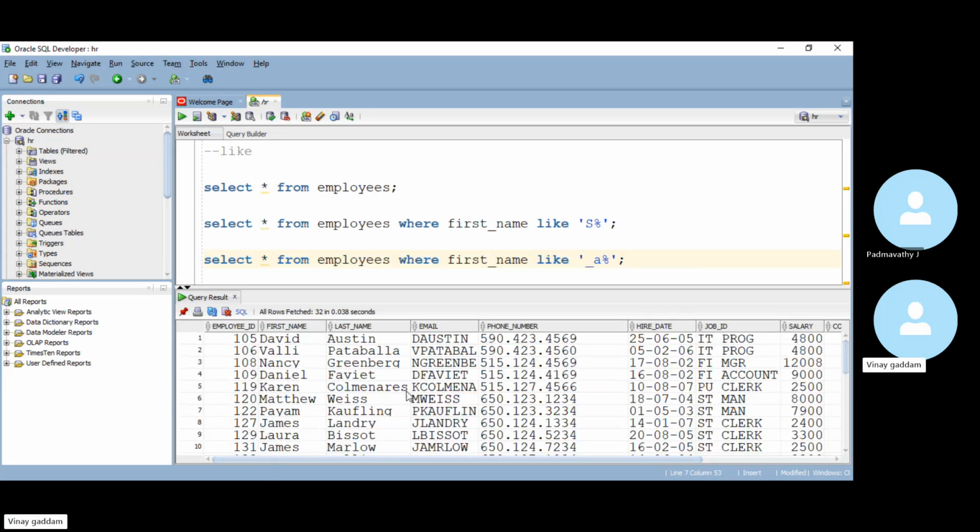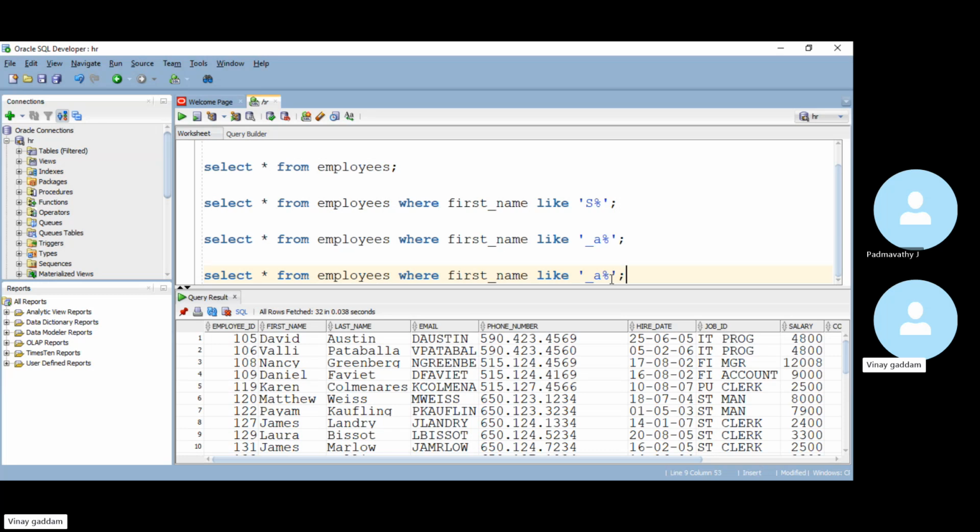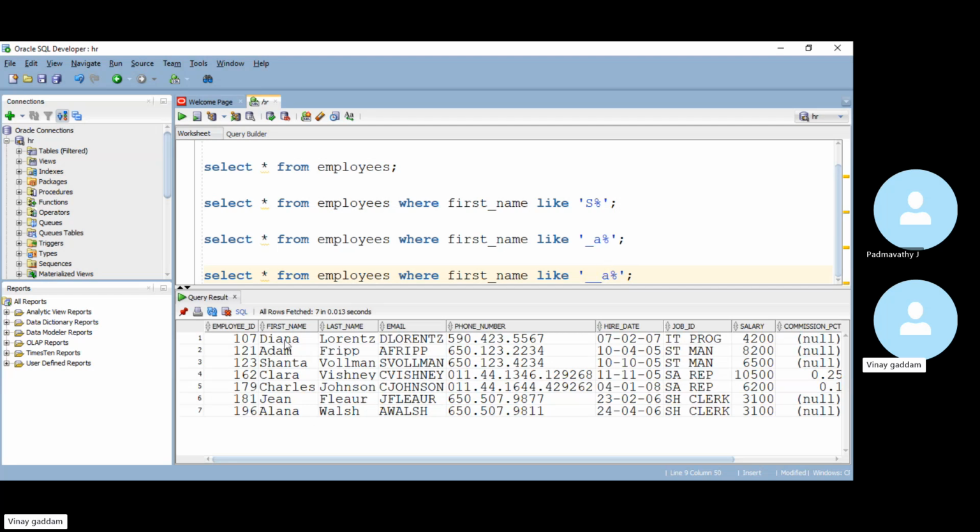Understood? So if I want to fetch employee names where the third character is A, what will you do? Same query, instead of single underscore, I'll use double underscore. So now run this query. You'll get the names where the third character is A. So have you understood this? Okay. So now,